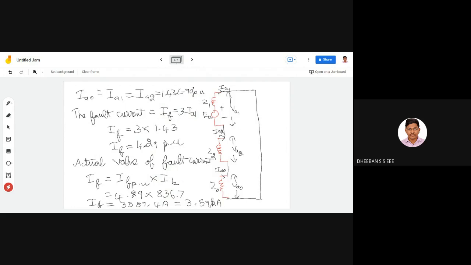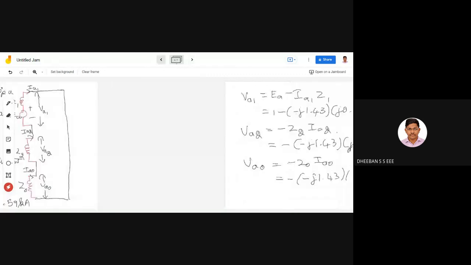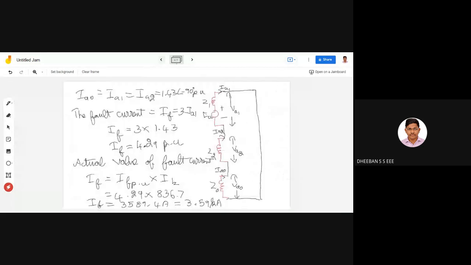So that much amount of current is flowing. So you just think how much rating the electrical components will need for handling this higher current, 3.6 kiloamps, mainly your circuit breakers. It is the one which is first used for isolating the system. Okay, so the fault current we have found out is around 3.59 kiloamps. So now moving to the next part. So we have found out your fault current. So that's your first part, what they asked to find.